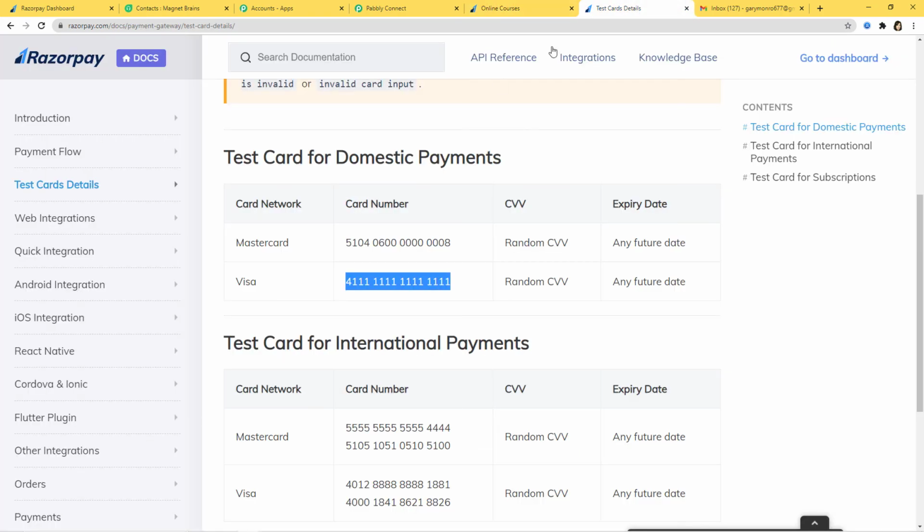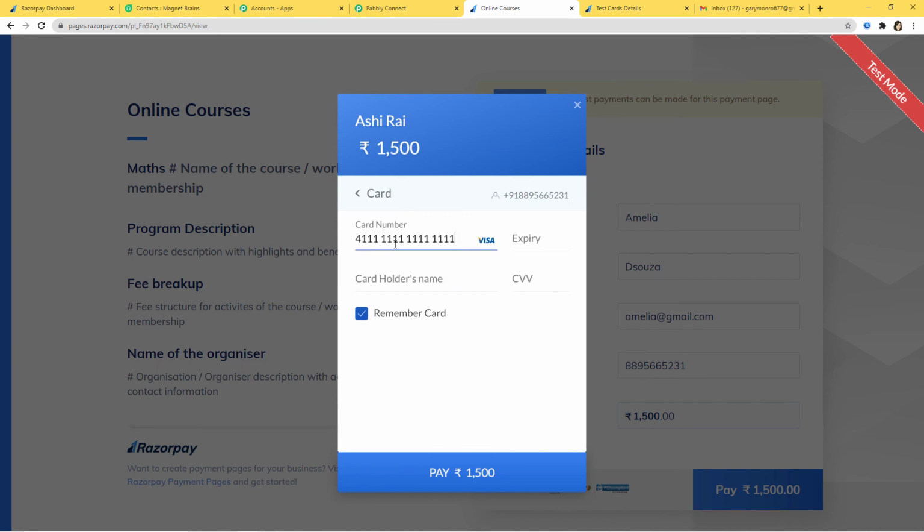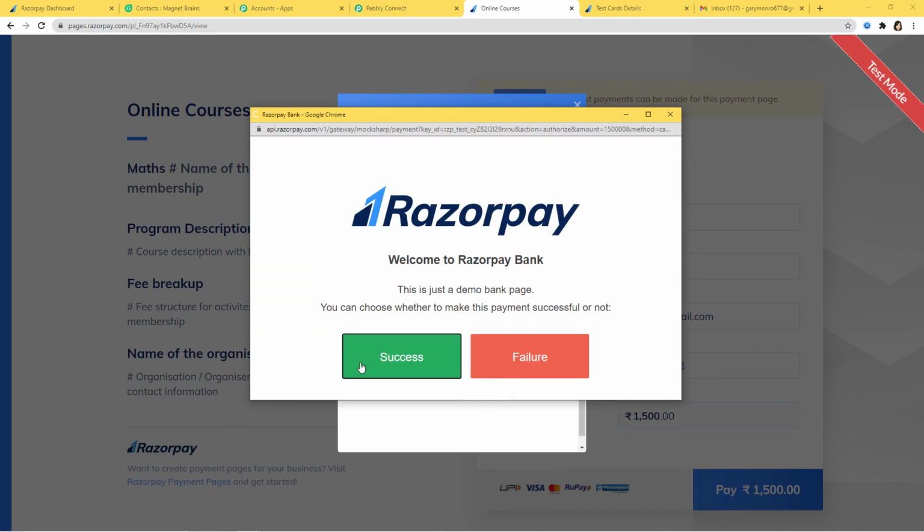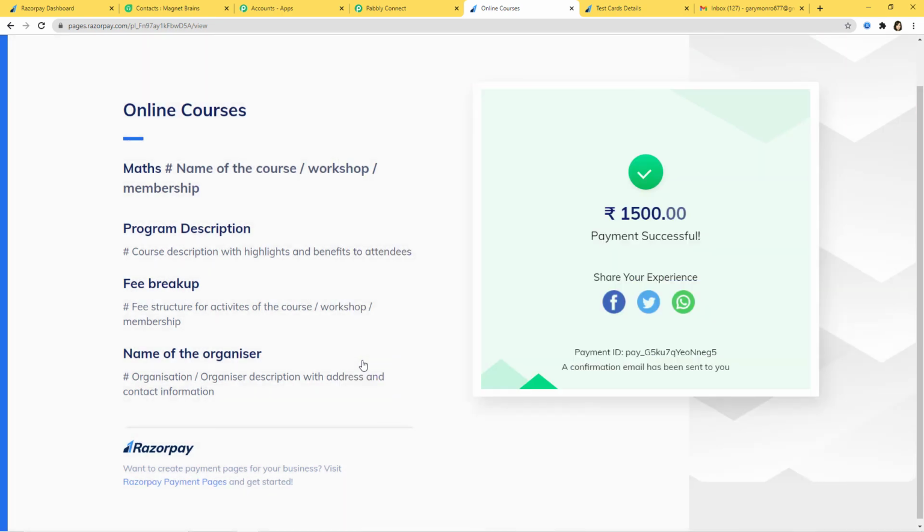I'll again paste the test card details over here. Expiry, card holder's name Amelia, CVV. Okay. Okay, so we have successfully done an order payment over here.